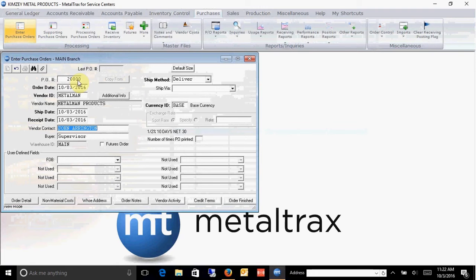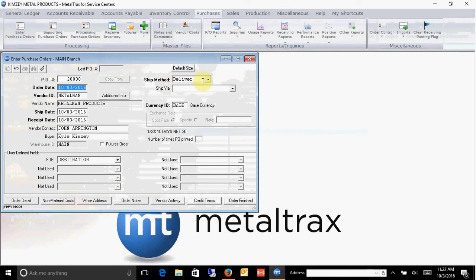The vendor contact, remember, was the contact that we set up under the vendor screen as the sales contact, and that's pulled in automatically. I'm logged in as supervisor, but if I was logged in as any other name, it would pull in the name. So I'm just going to type in Kyle Kimsey there as the buyer. On the freight on FOB, you notice when I set those up under feature initialization, here it is, the user defined fields. You do not have to track anything in the user defined fields. I did just to show you that you can track various things like FOB points and other things. So I'm going to say in this destination,